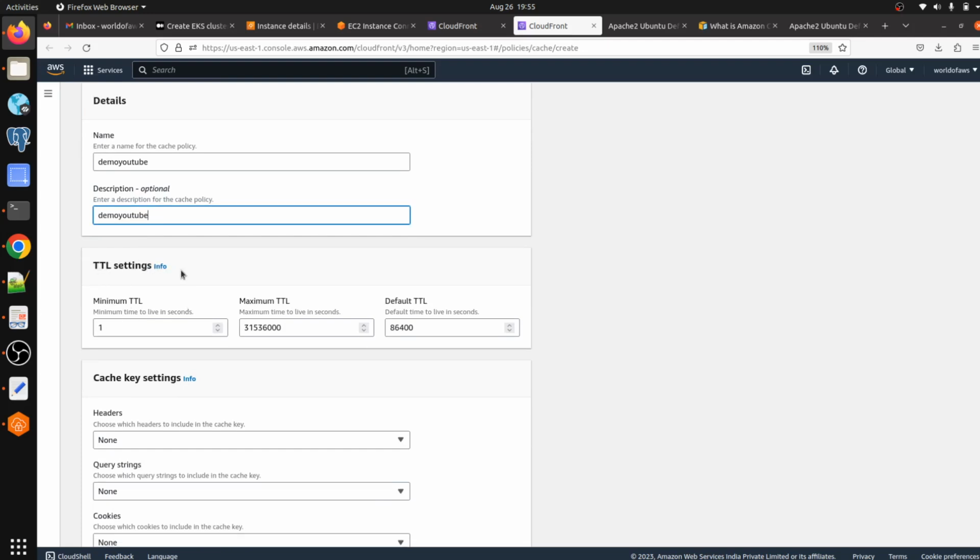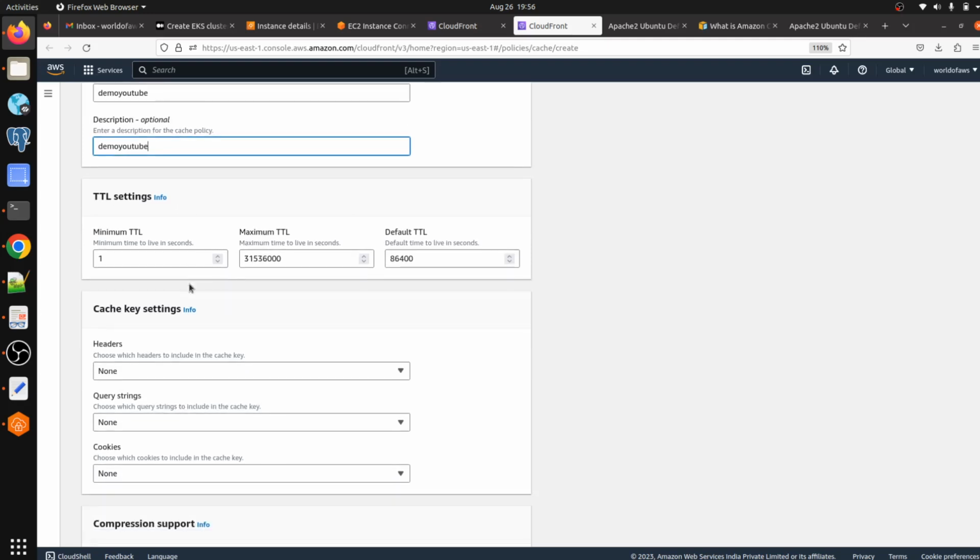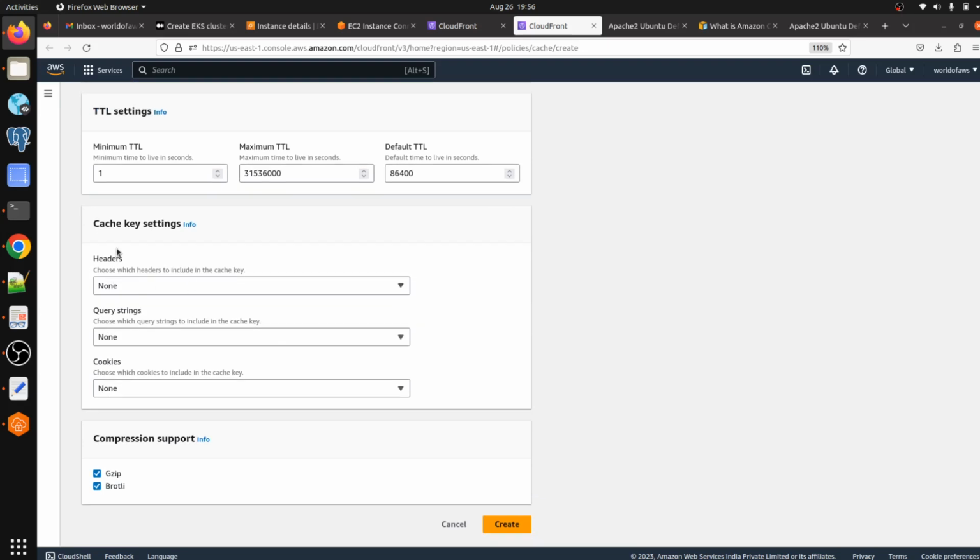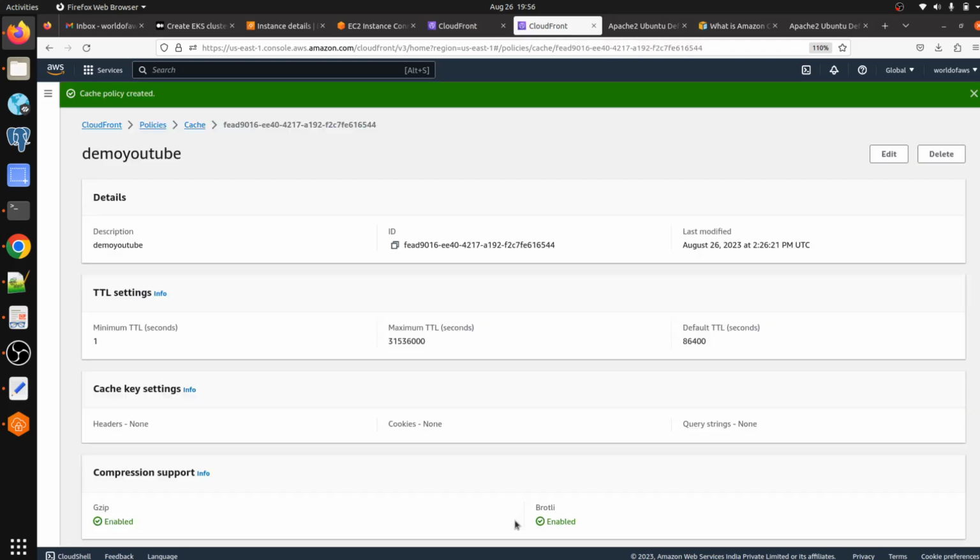Time to live means at what duration you want to store your content at the edge location. Okay, so we are not going to use any other parameters, we are just going with the default. Click on create.